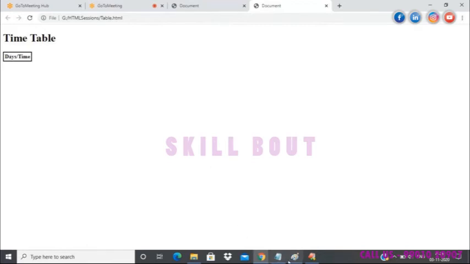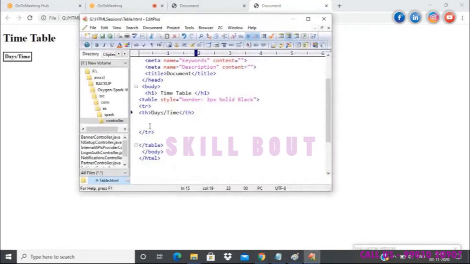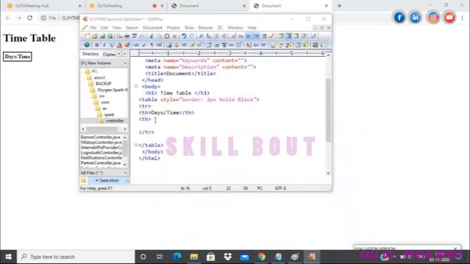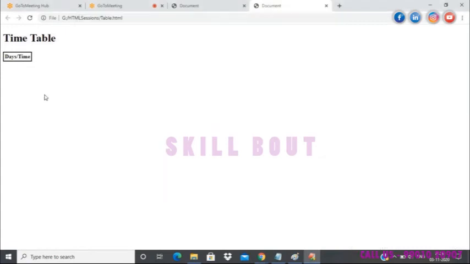Data columns. Now I'll add one more column which I have still made a header, and the content is 10 o'clock. I'll add it like this, then close the tag. Now I'll refresh this. You see there is another column available now, in the first row, second column.